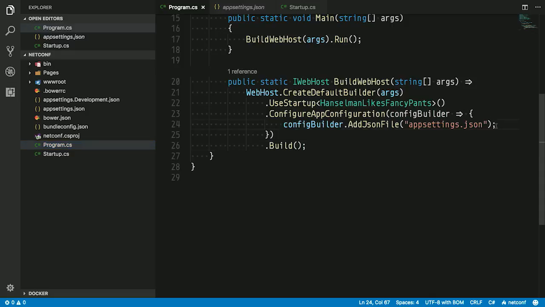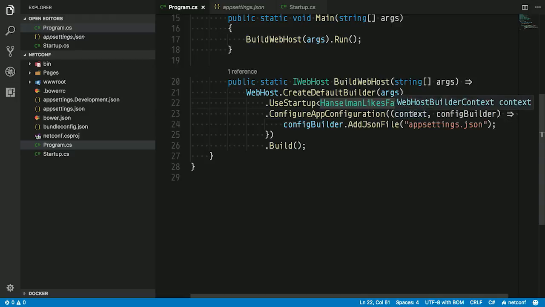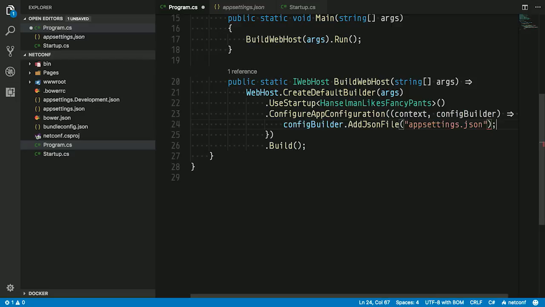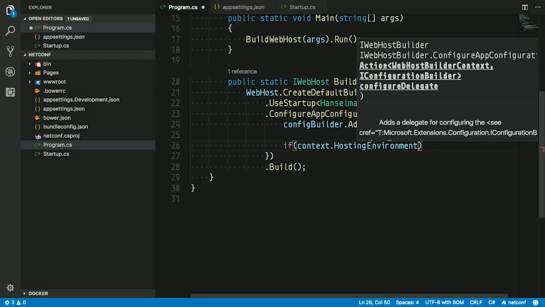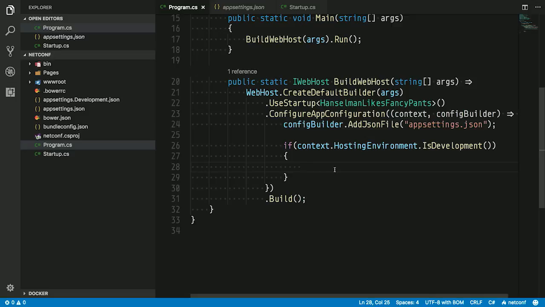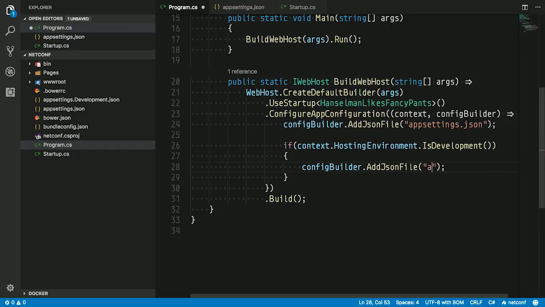But some of your config sources may be environment specific. So you can take this context object in here, which is the web host builder context, and it has things on it that you might need while doing this. One of the things it has on it is the hosting environment. I can say if context.HostingEnvironment.IsDevelopment, because we've already looked at this code. This is exactly the same as the code we just saw in our Startup.cs. And then we can say config builder.AddJsonFile, and then we'll put appsettings